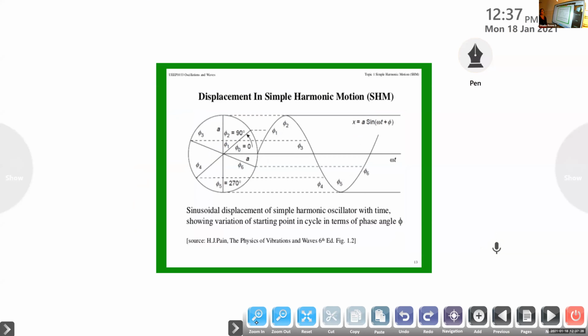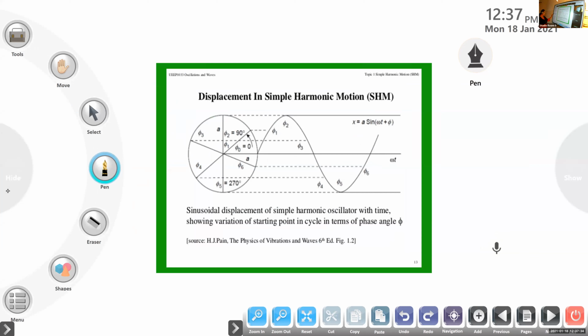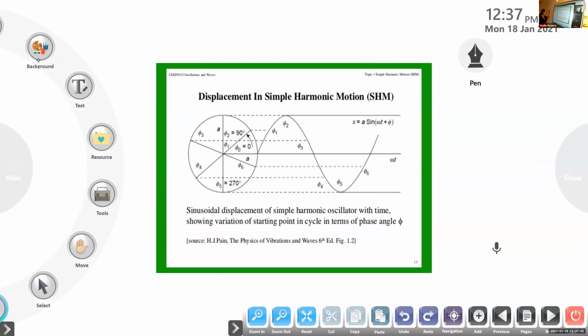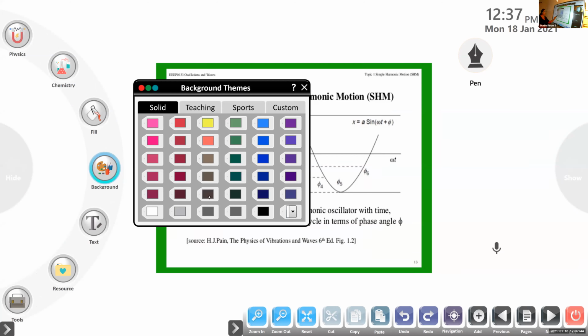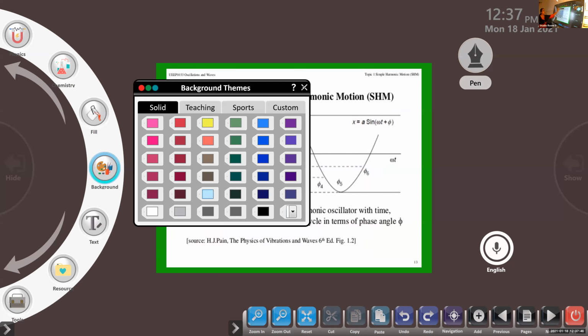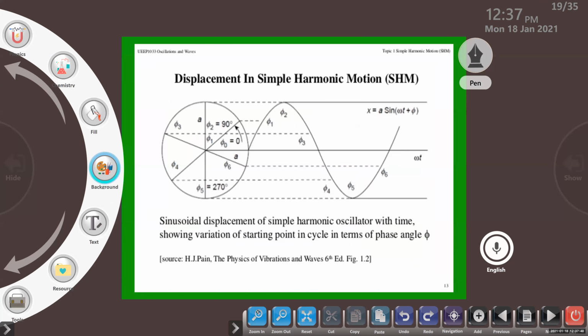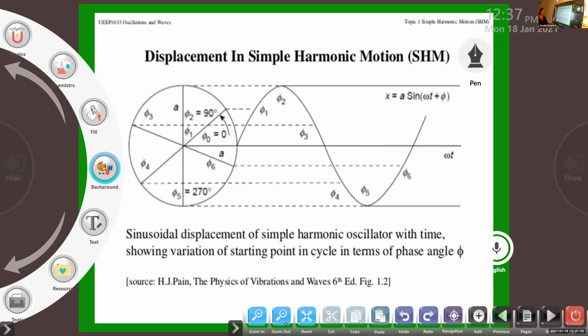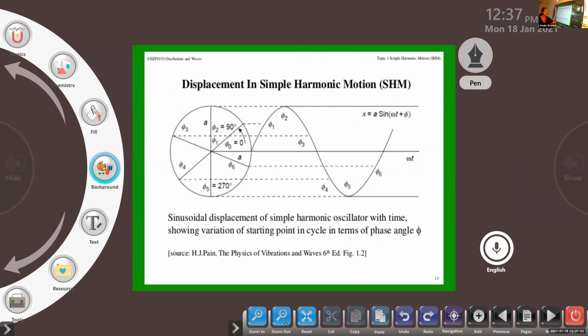And how does it form a wave motion? That is what the next picture is all about. How does it form an oscillation motion? That is what I have shown you in this. If you want, you can take a screenshot because this is not in your textbook. How it is forming, if you look at here,